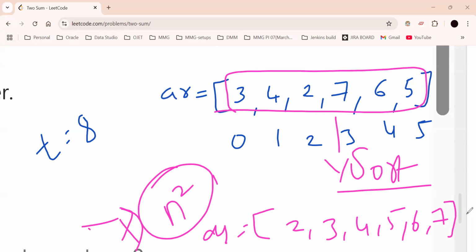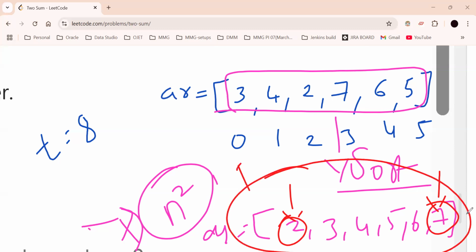Okay, you sort it. Now what you have to do is apply two pointer technique, first and last. Add these two values. But the problem with this particular technique is,